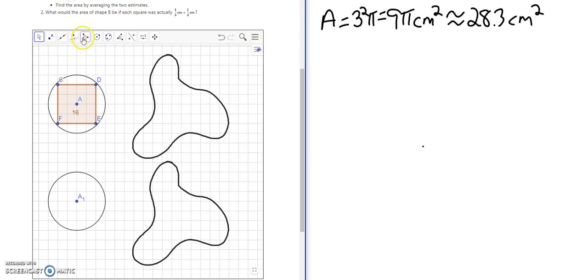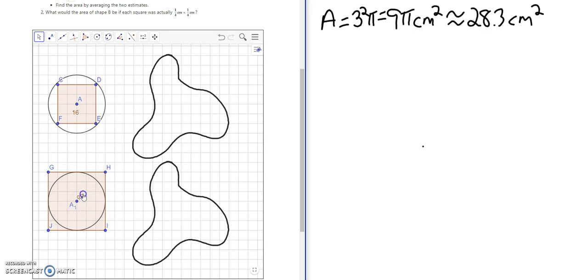Now I'm going to do the same thing with my overestimate here. So you can see I'm going to go all the way to the point of where I can see it's touching the edge. It does not go over the edge, so I don't need to go any further than where I have. And I create that larger, in this case it's also a square around my circle, and I'm going to show the label. And again,